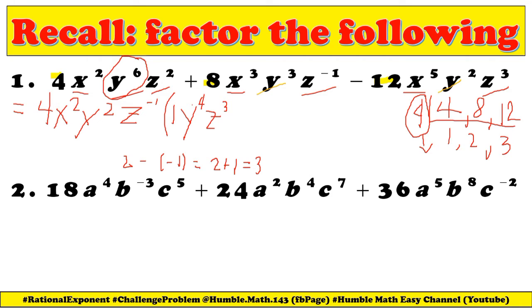So 2 minus negative 1, because the negative 1 is our subtrahend, because that is the one of the factors outside on the remaining terms on the second factor. So that is why we have here z cubed. So z cubed, then we have here plus,